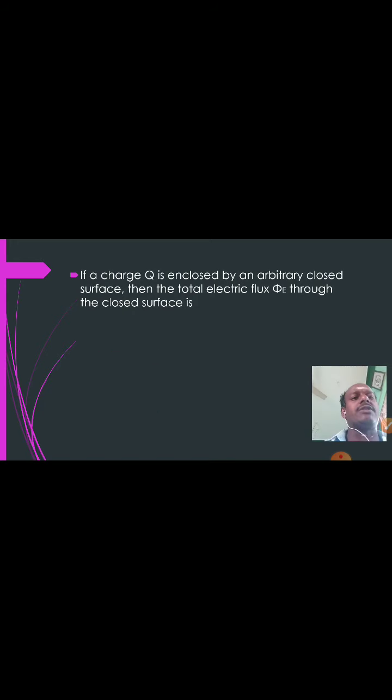Okay, now the first one: if a charge q is enclosed by an arbitrary closed surface, then the total electric flux phi E through the closed surface is equal to q, net charge, by epsilon naught. Remember, this is a very important relation. That is, phi is equal to q by epsilon naught, or phi is equal to the closed integral. Look at the symbol. This symbol denotes the closed integral. The closed integral means whatever may be the area,